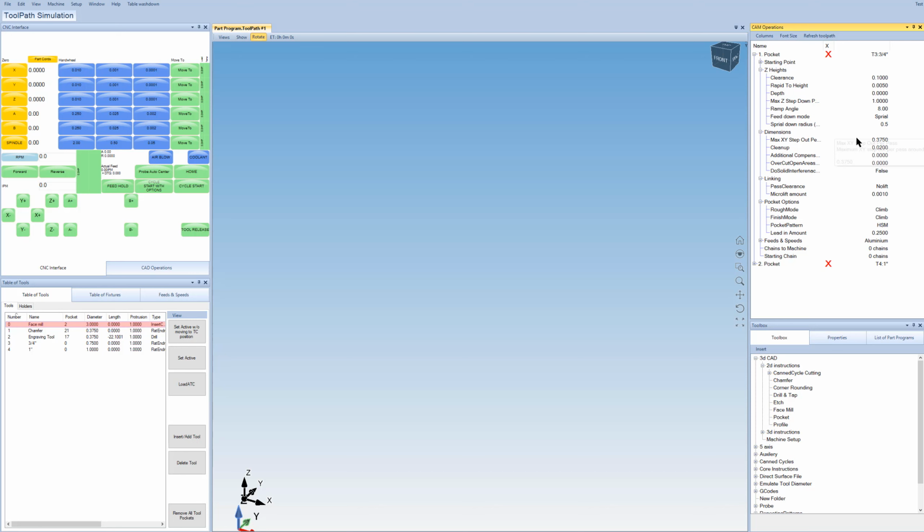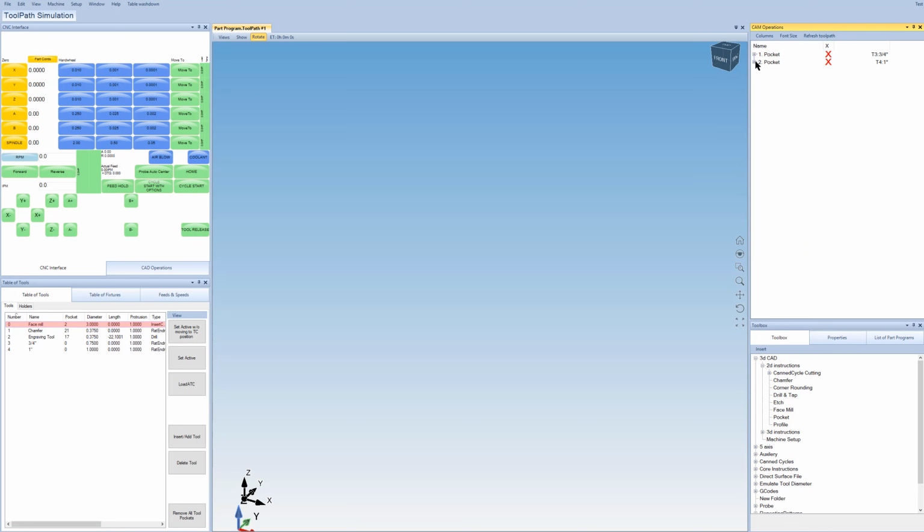So that's what this system does. This system remembers that I made these changes for tool 3 in a pocket instruction, and the next time you have a pocket instruction, regardless of the file or the CAD drawing that you're using, it just automatically defaults it to use these particular values here, okay? So we made those changes there, 3/8 and then 20 thousandths and 8 degrees, so just kind of remember those